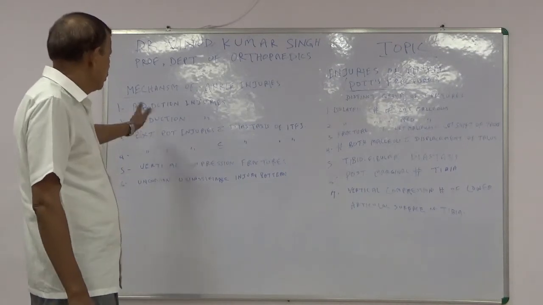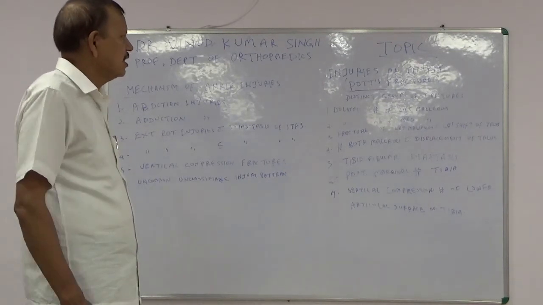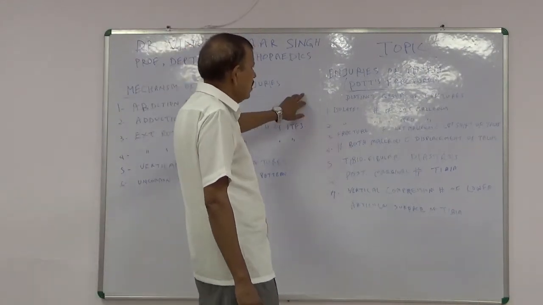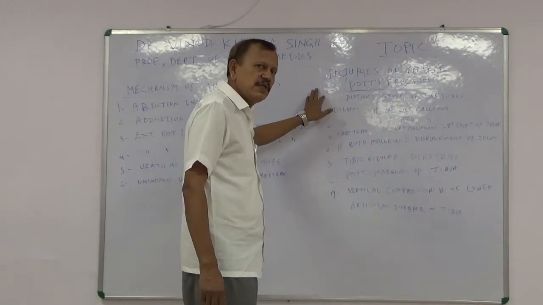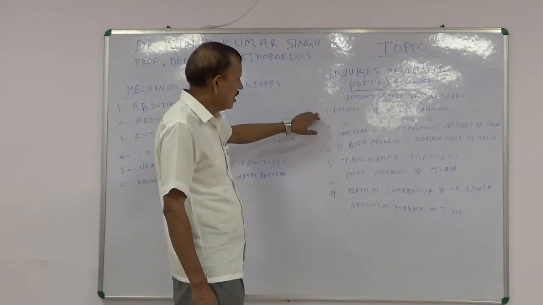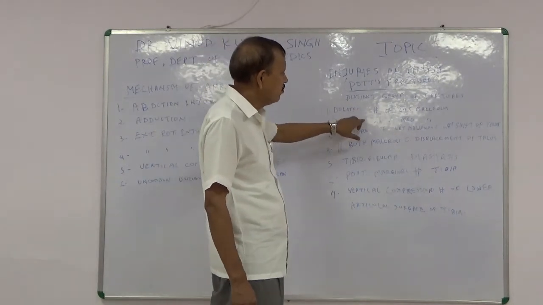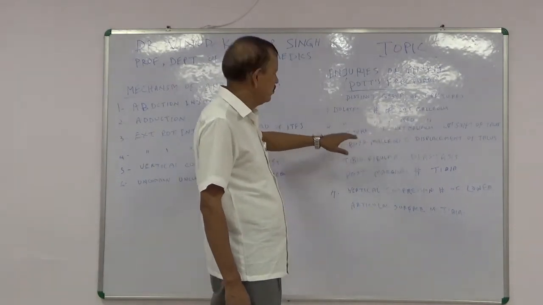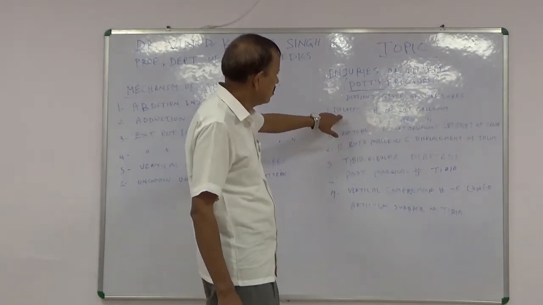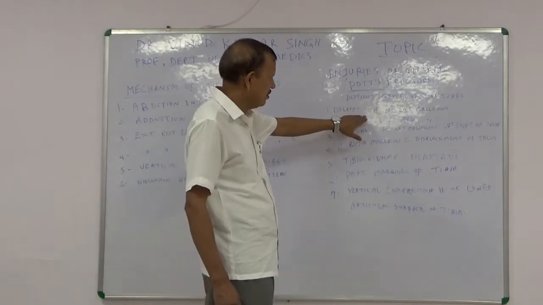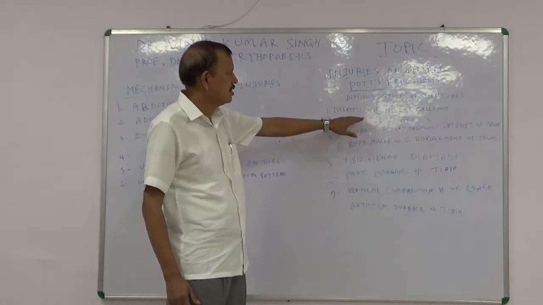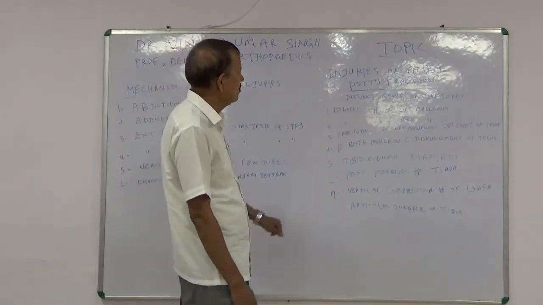Now, based upon these mechanisms, there are many fractures that we can isolate, and distinct groups can be identified. For the treatment point of view, this has been simplified, and with this we can identify an isolated fracture of the lateral malleolus. There is only a fracture of the lateral malleolus, because this is commonly an adduction injury, and the adduction injury stops with the fracture of the lateral malleolus.